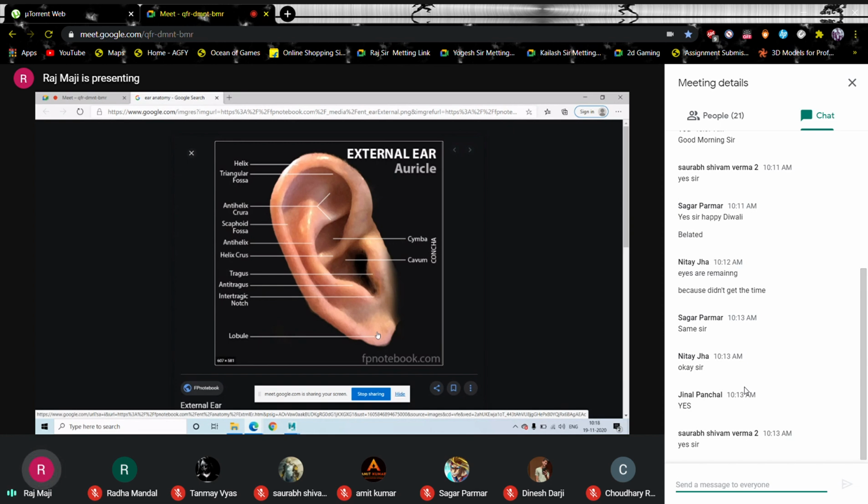In the theory exam, a 10 marks question or 15 marks question: write down the steps of modeling the human ear. If you can do it practically, you can write it. If you cannot do it practically, you cannot write it. But at the same time, in theory, while writing, you should know the names. Unless you know the names, you have to explain that circular area of the ear, starting from the inside of the ear to the outer side of the ear. But if you are writing, now let's model the helix,